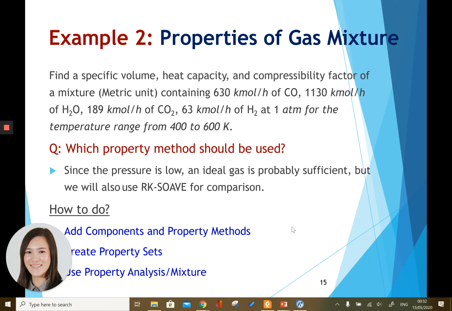In example 1, you used the pure command to find a property of a pure component. But what if you want to find more than one property for a mixture? You might need another type of analysis. In example 2, the task is to find a specific volume and heat capacity in metric units and also the compressibility